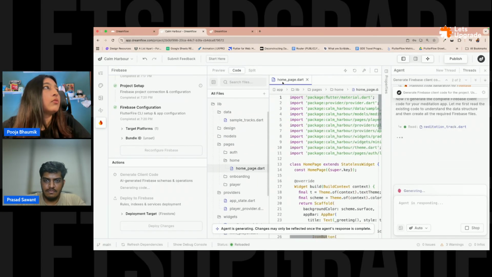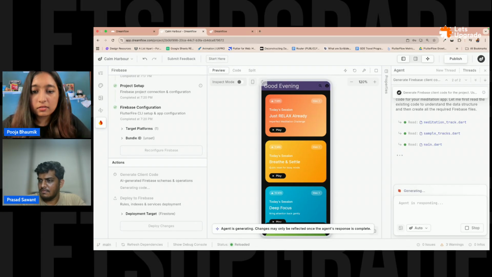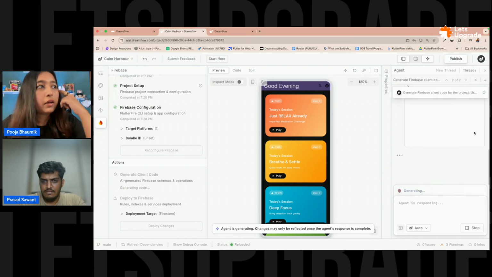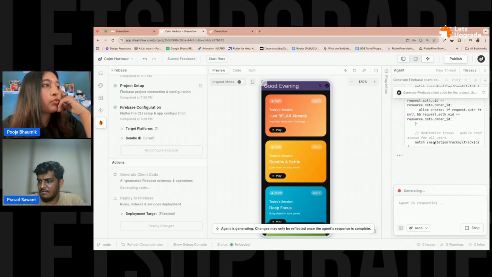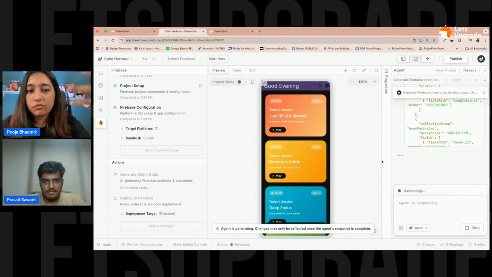Okay, so let's see. Let's have it do something there. And so after this, what I wanted to show is that, suppose in a real app,